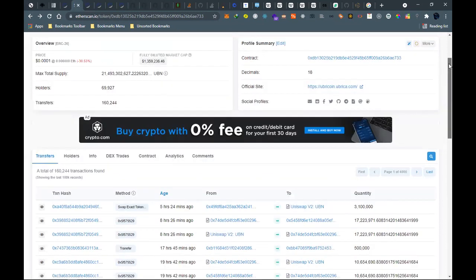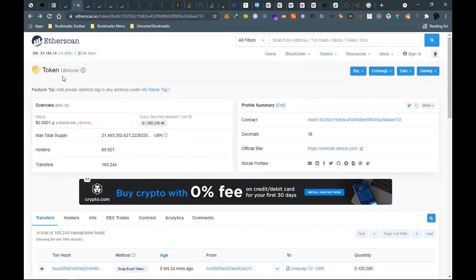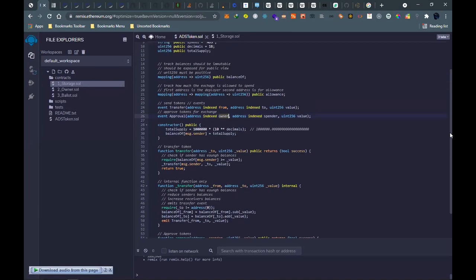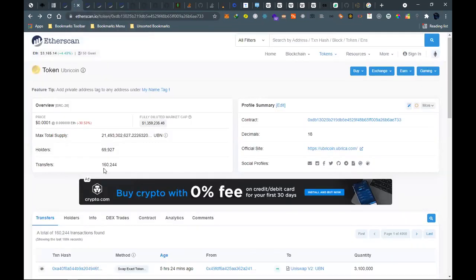So what we have written here, like the balances, it will also display the holders and the transactions. Once we have deployed our token, the maximum total supply will be displayed here together with the token symbol. Then we will have the contract address here, and then the decimals.